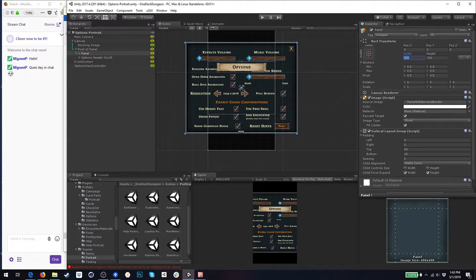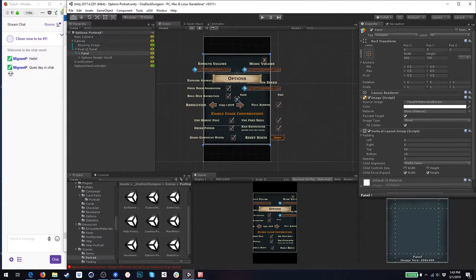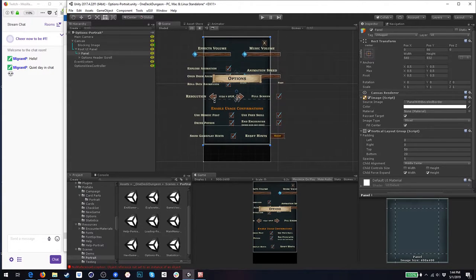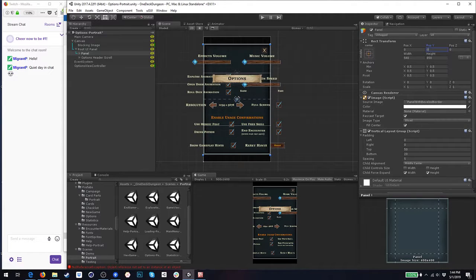So the first thing I'll do is make it fit to the size of the screen, which is 540, and I'm going to move it so it extends to the top of the screen. So right now, make the height, we'll make it 850. That sounds like a nice round number. In this position it should be 0, maybe, no. I will tie it down to the,